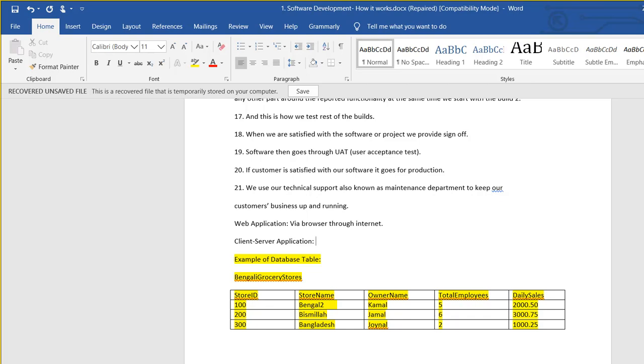It will need the internet. It will be getting data from servers in distant places, but it will not be using any browser. Remember, a client server application will not be using a browser.